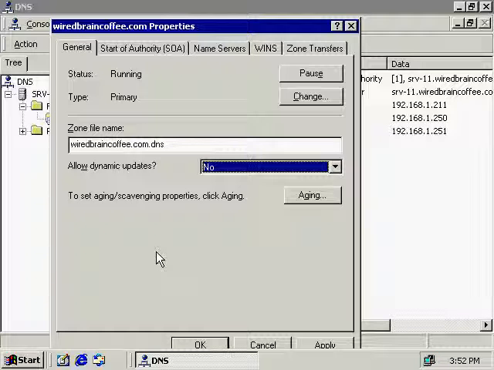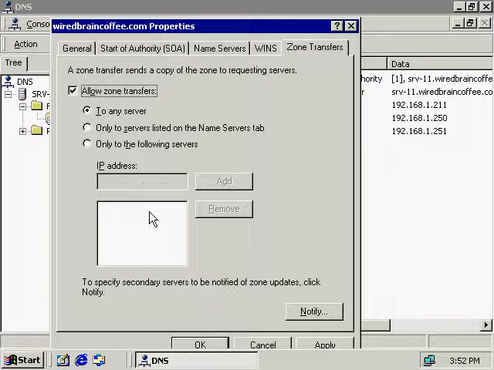Another thing we want to take a look at is our zone transfer setting. Allow zone transfers. By default, this is set to any server. Another no-no. This DNS server right now in our situation is sitting out there by itself, so it shouldn't be transferring out to any other DNS server. Now on a real public network, you're most likely going to have at least a second DNS server for your public DNS name resolution. So what we might want to do is select this option,